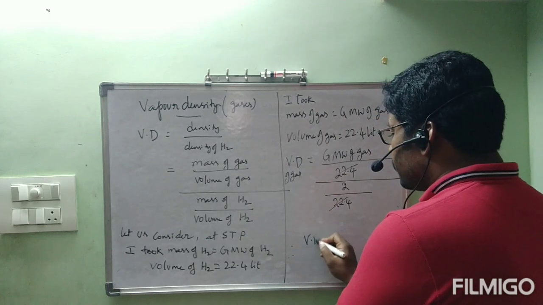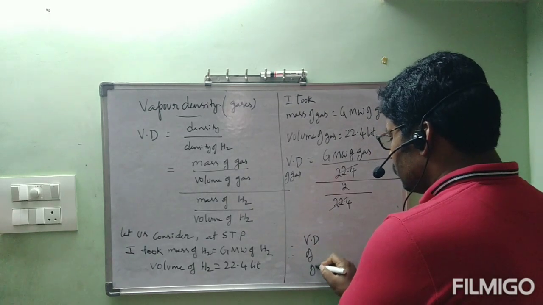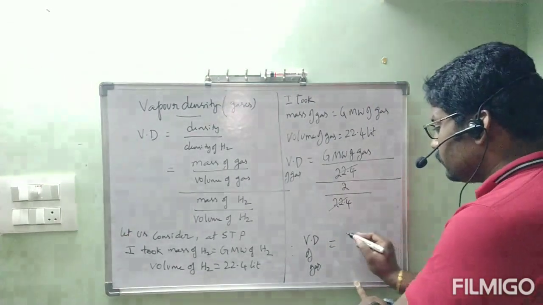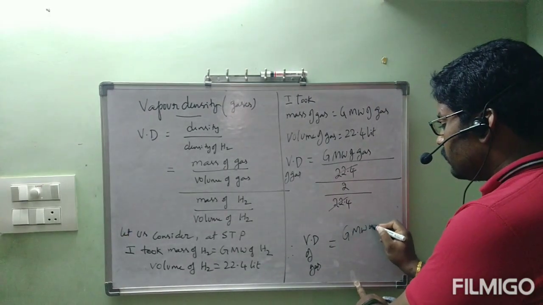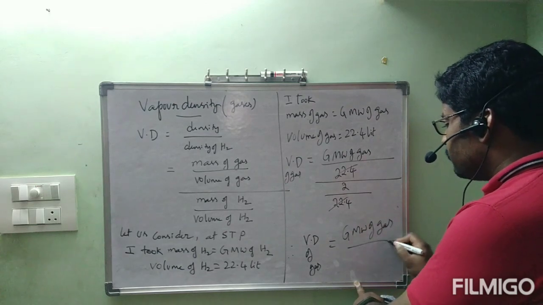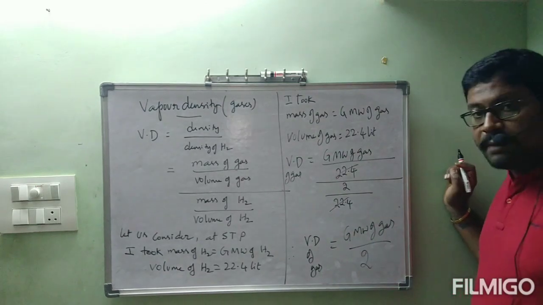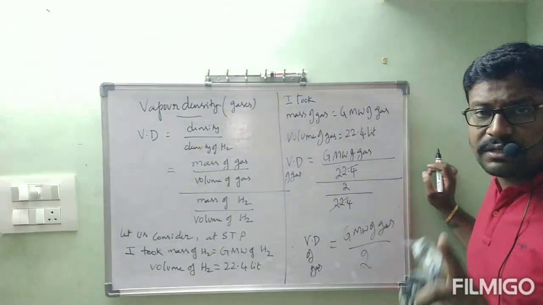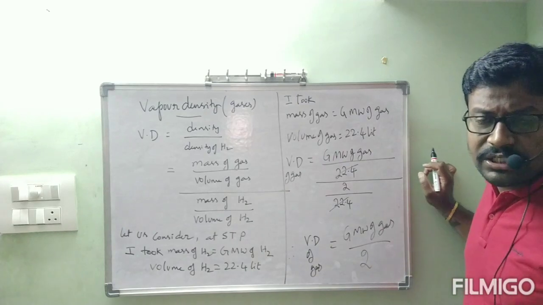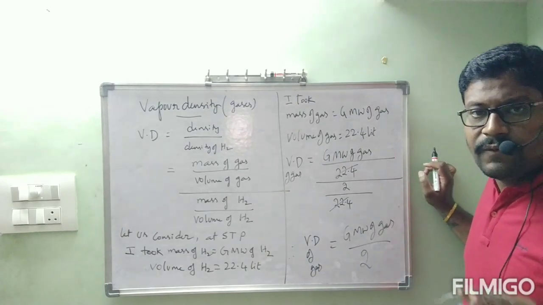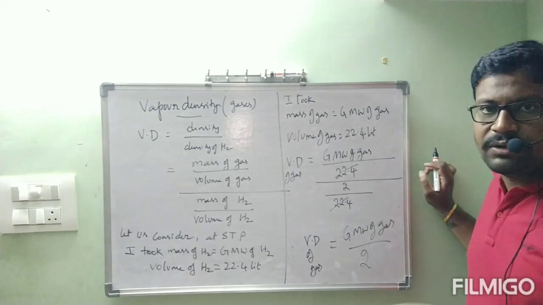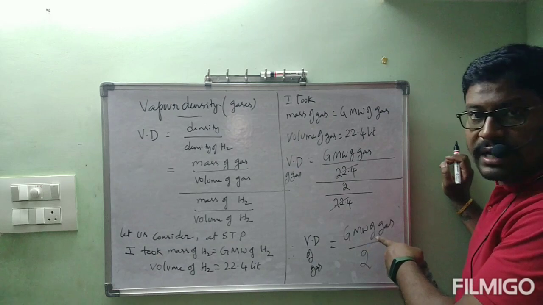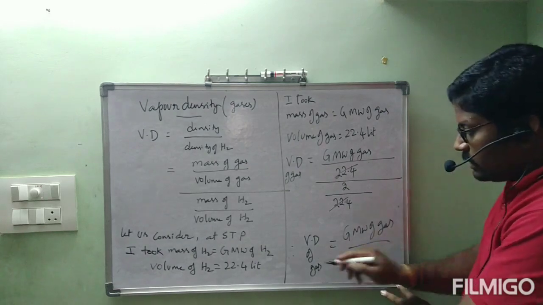Therefore, vapor density of gas is equal to gram molecular weight of gas divided by 2. To obtain this relation, this happened at STP only. Generally, while we are doing the problems, they will give STP conditions only. If they don't mention also, no need to get tense. We have to think that it is at STP only and we can do the problems. No problem. Okay. Now, vapor density of gas is equal to gram molecular weight of gas divided by 2.